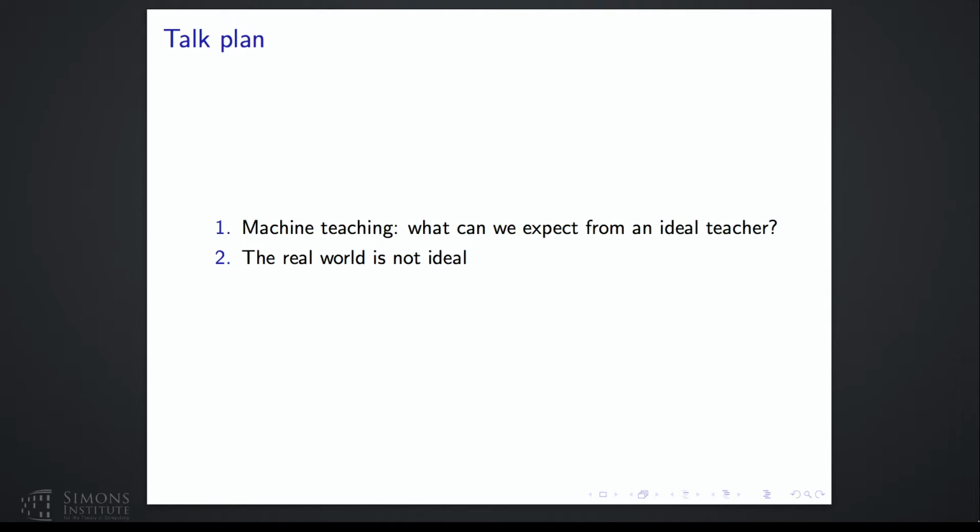Okay. With that example, here's the plan for today. We're going to talk about why this matters. The study of optimum teaching gives us clarity as to what an optimum teacher can do. If the optimum teacher is ideal and can do all the good things, we will see that. I should warn you, it comes with very strong assumptions. But it gives us some theory about the best teaching that the computer can possibly get from a human teacher. So that's the first part.